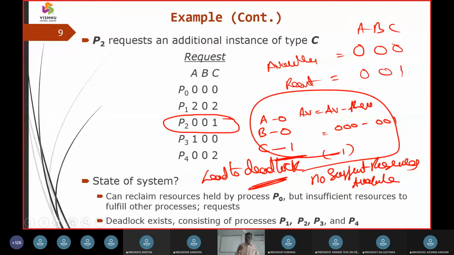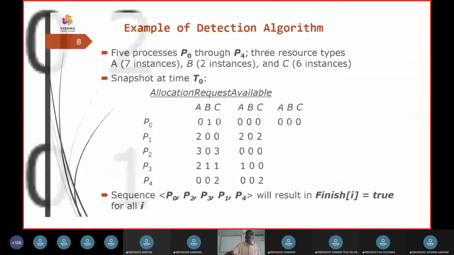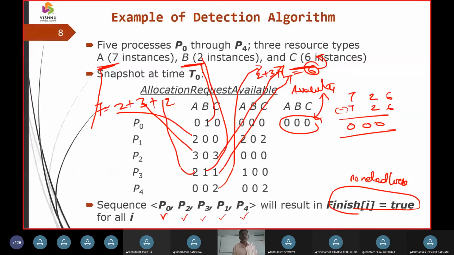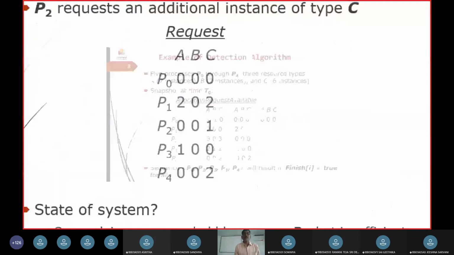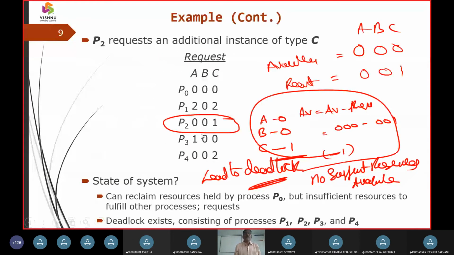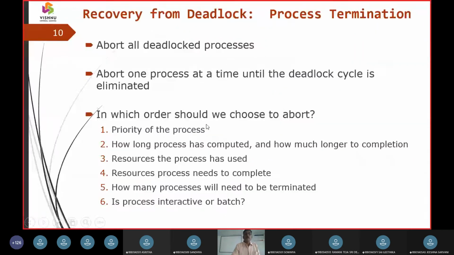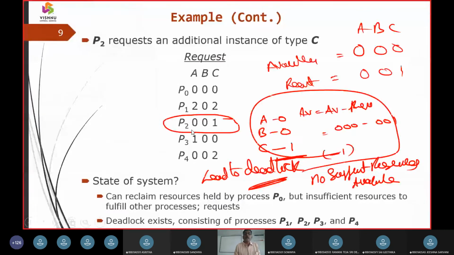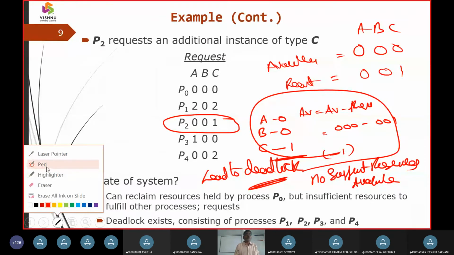Got it? So in the previous scenario, it had already given to P0, P2, P3, P4, P1, P4, and the availability was 0, 0, 0. So now the operating system has assigned all the resources to all the processes, and it is empty handed. Now all of a sudden P2 is coming, and it asks, can you give me 1 resource of C2?